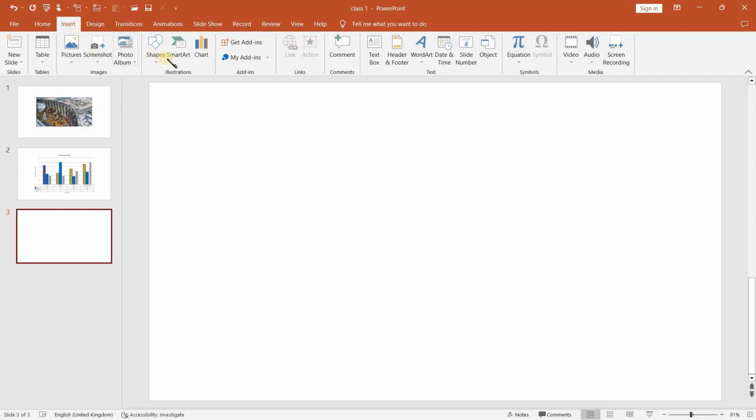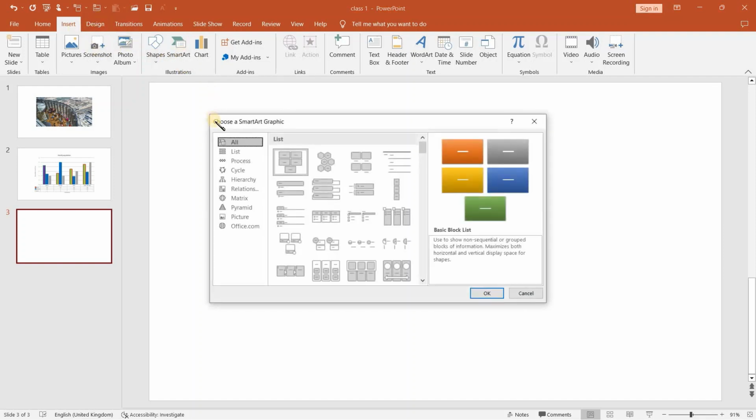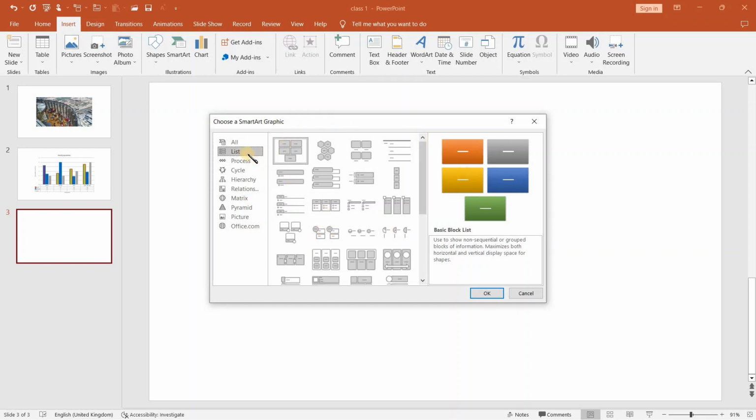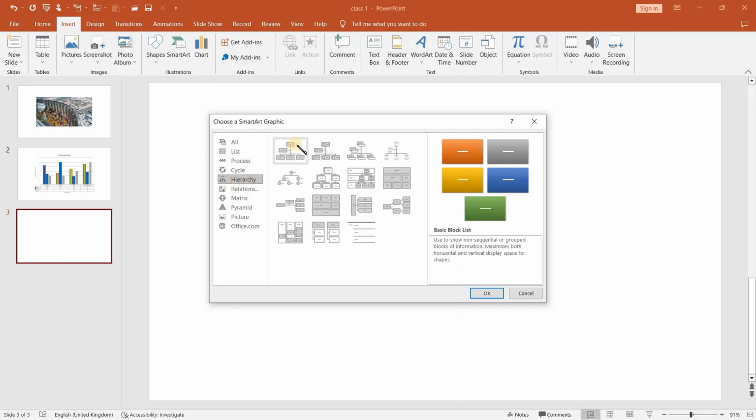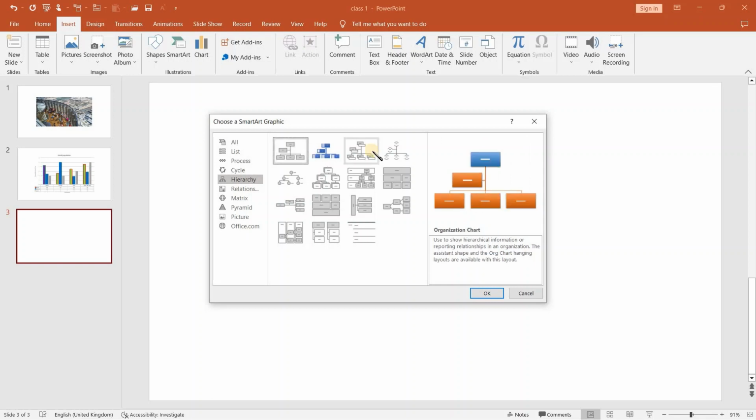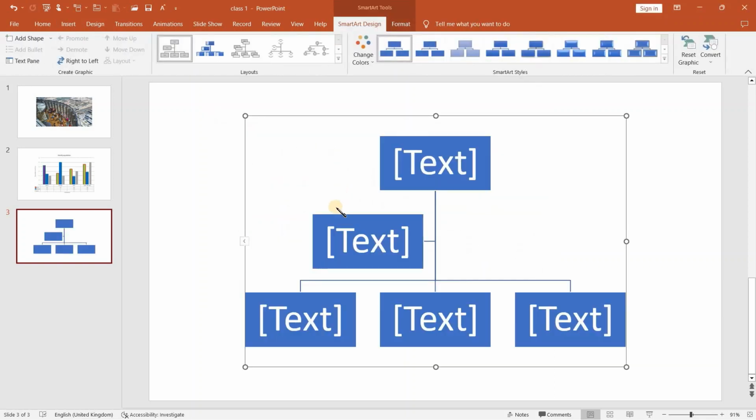We go to the Insert menu, and then under Illustration we choose the SmartArt. So when we choose it, a SmartArt dialog box will appear, and then we have different categories of that. We have the list, we have the process, we have the circle and hierarchy, and in each of these there are also different types of it. So under hierarchy, let's say we want to start with the organizational chart option, and then having selected that,